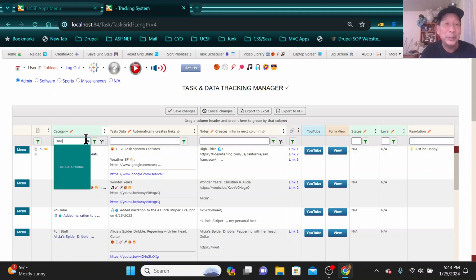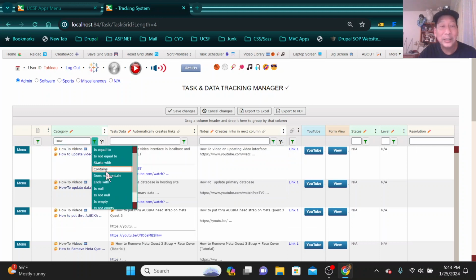I'll just put HOW, good enough. Click on this filter icon right here, or enter. And it defaults to contains. I get all my how-to records, and I can export it to Excel or PDF. Pretty slick. So you can filter on multiple columns, on multiple fields, and then click on the breaking filter on each one at a time,